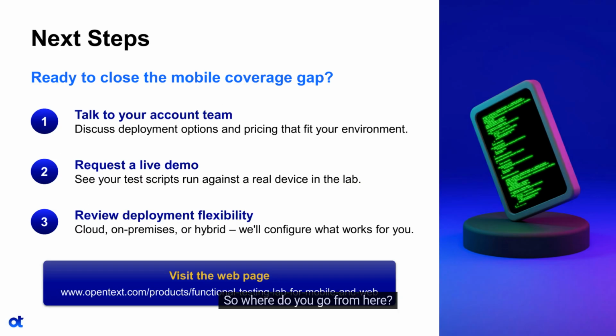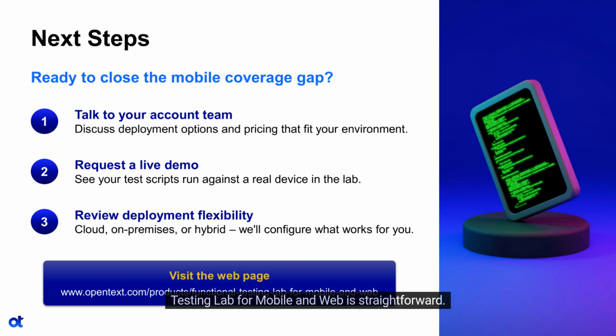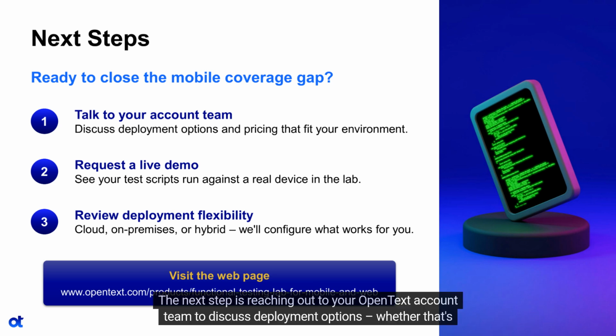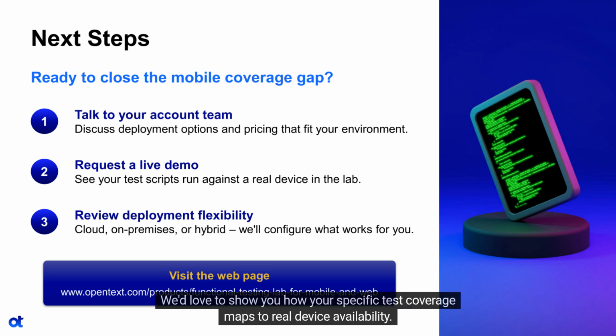So where do you go from here? If you're an existing OpenText Functional Testing customer, getting started with OpenText Functional Testing Lab for mobile and web is straightforward. Your scripts are already compatible. Your team already knows the platform. The next step is reaching out to your OpenText account team to discuss deployment options, whether that's cloud, on-premises, or a hybrid approach, and to get a hands-on look at the lab environment. We'd love to show you how your specific test coverage maps to real device